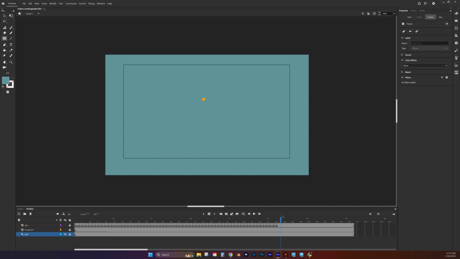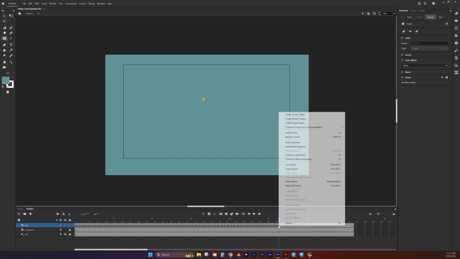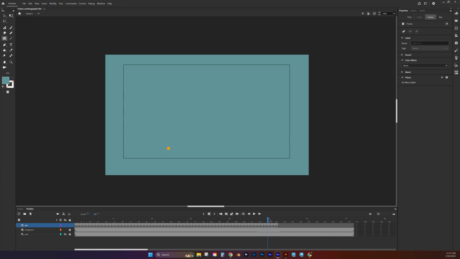Now when I do that, I see my dot just sticks around. It doesn't go anywhere. I don't really want that, so on this frame right after my last keyframe for that dot, I want to unlock that layer, and I'm going to right click on that frame. I want to insert a blank keyframe. So that means it goes away, right? And then there's nothing there. And the reason there's nothing there is because this is where I'm going to bring in my logo design from